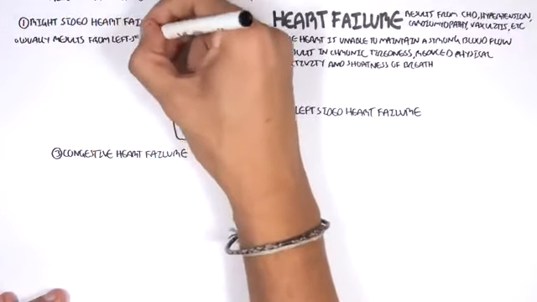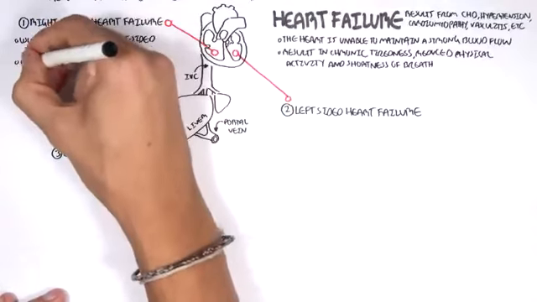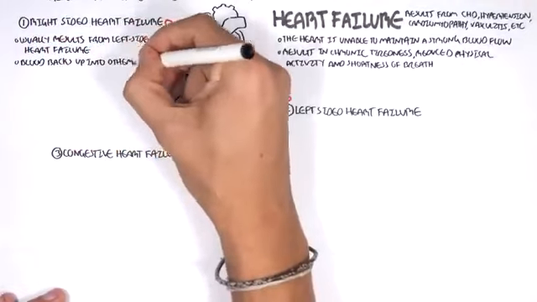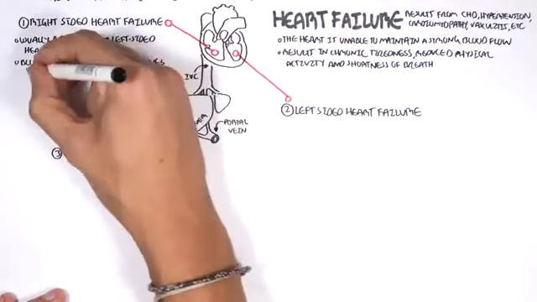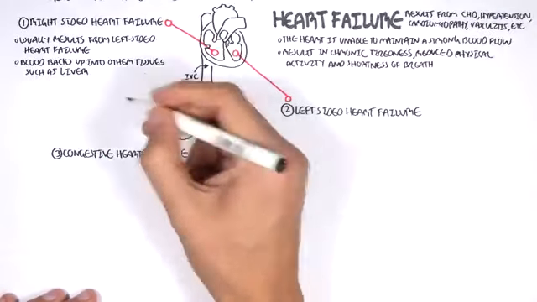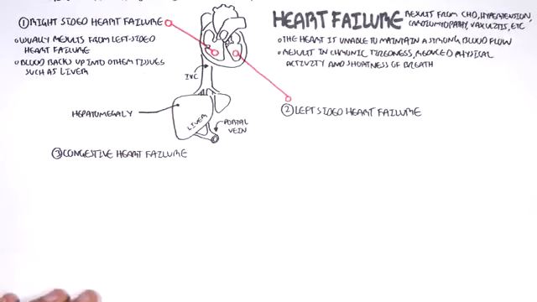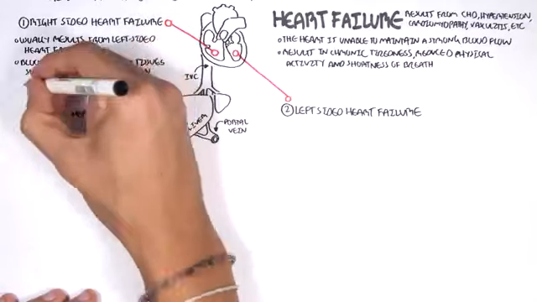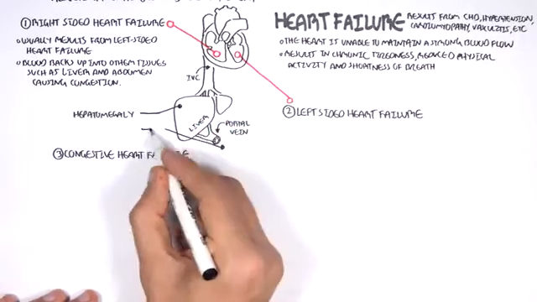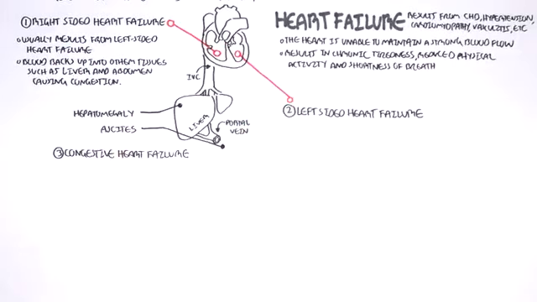In right-sided heart failure, so we're talking about the right atrium and right ventricle, blood can back up into other tissues, such as the liver and the abdomen, causing congestion in these areas. So, as a result of right-sided heart failure, we can have hepatomegaly and ascites because of the backflow from the right ventricle and right atrium, because the right side of the heart fails to pump blood